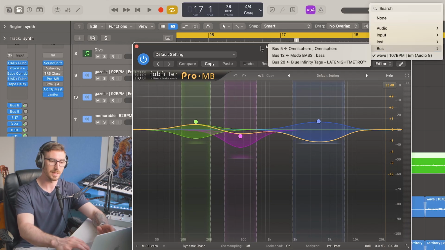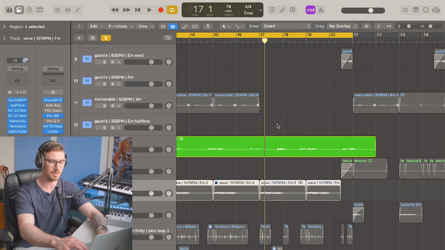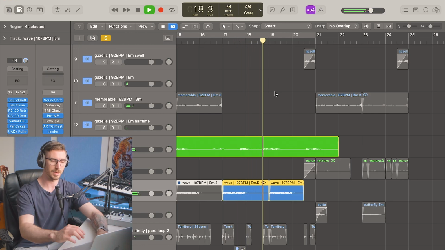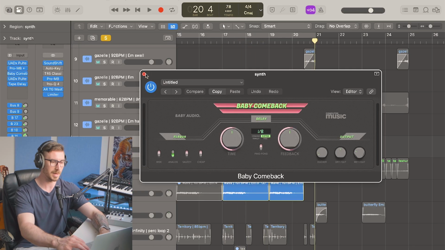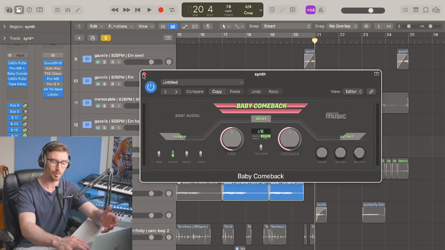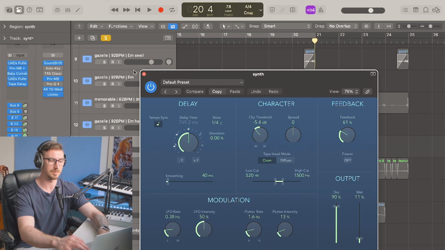I've also sidechained it so that it's not clashing so much with this texture here, because they're in a similar frequency range. Added this Baby Comeback delay, which is from Baby Audio. And I added some more EQ, cutting out up to 500 Hertz on the lows here, and some tape delay